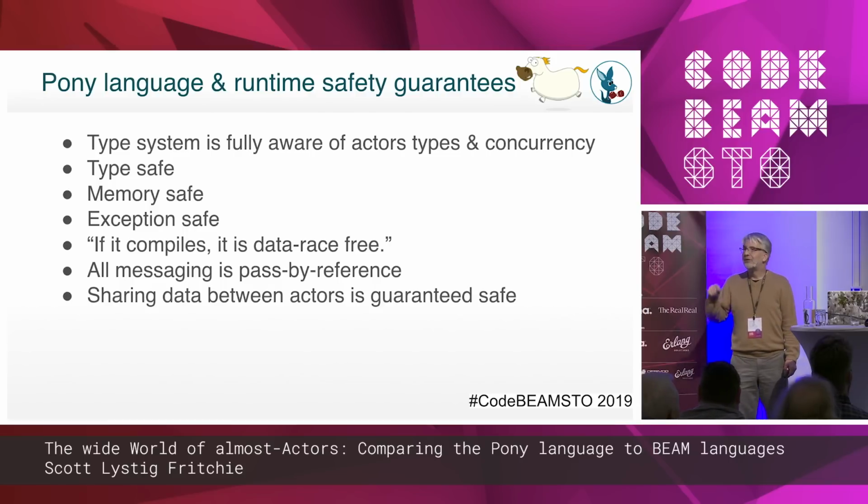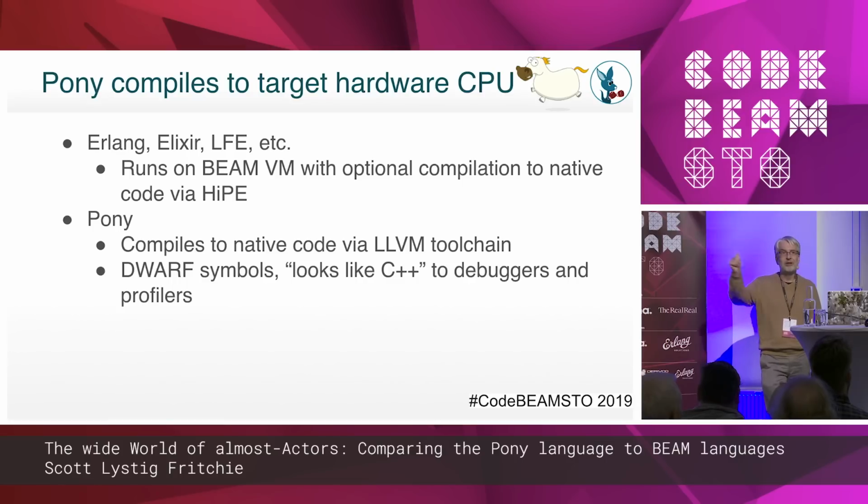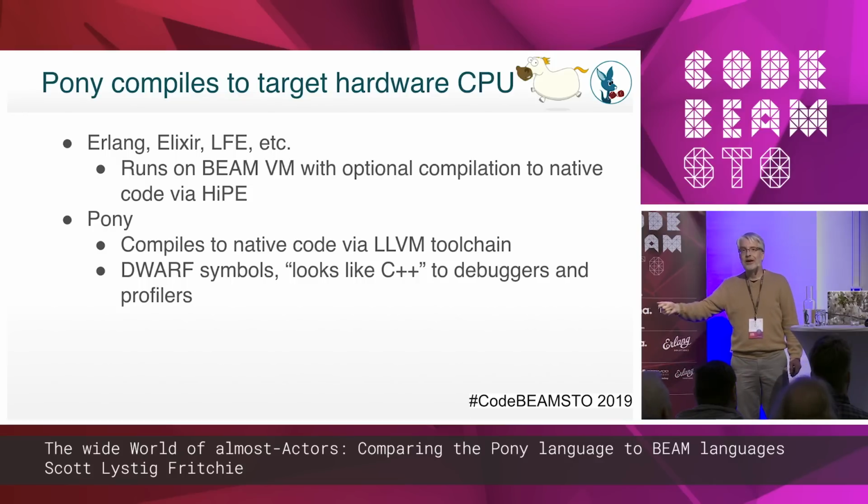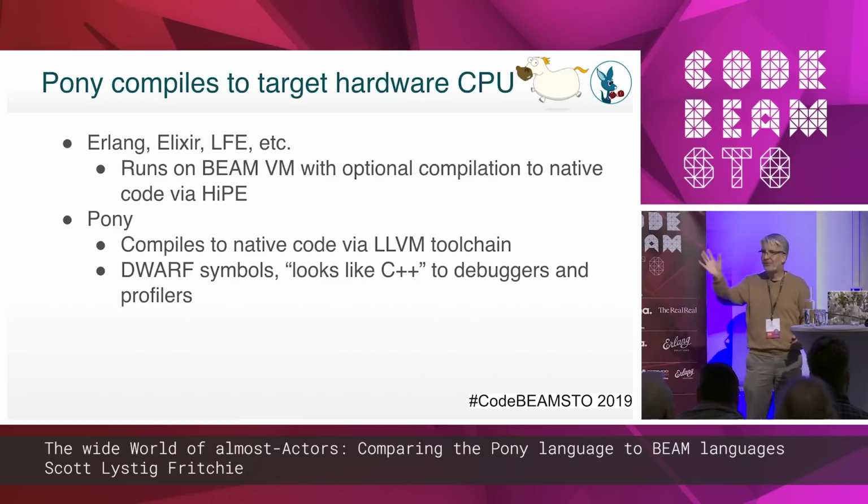The type system is aware of concurrency. It's aware of actors, and so it's aware of when you send a message and you send data in a message that, oh, I need to do some extra type checking to make certain that the access for this particular alias, is it readable, is it writable, can I compare identities, is that compatible with sharing this data to another actor? And if you have questions about that later, feel free to ask in Q&A.